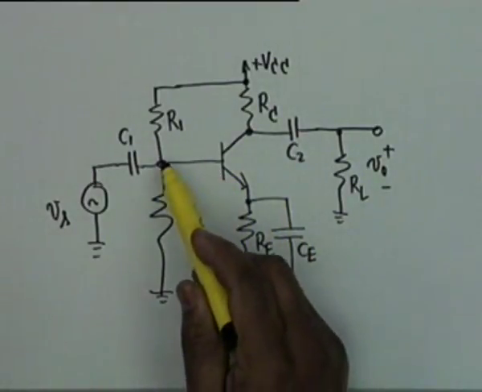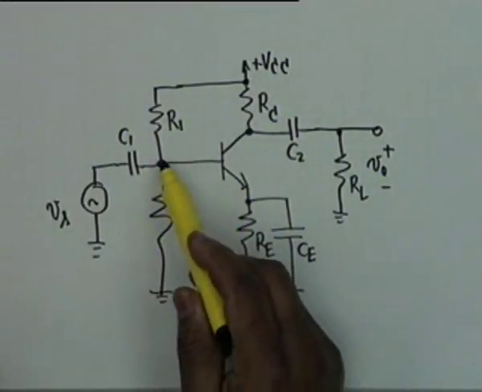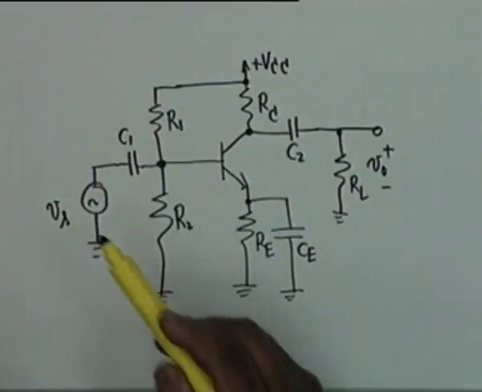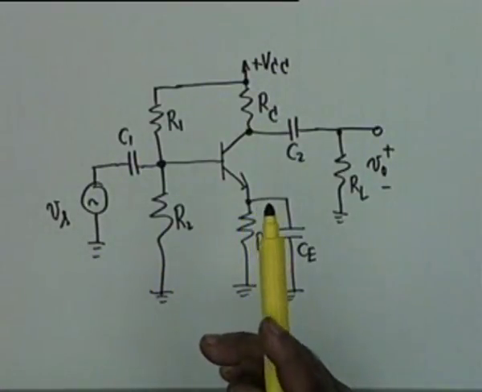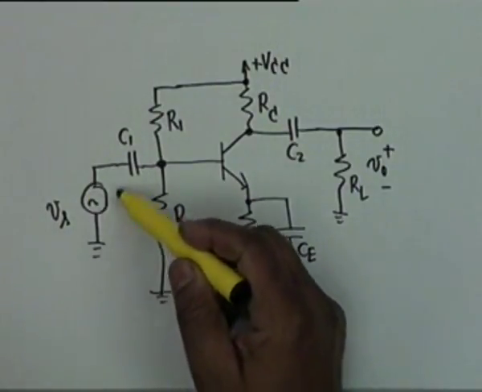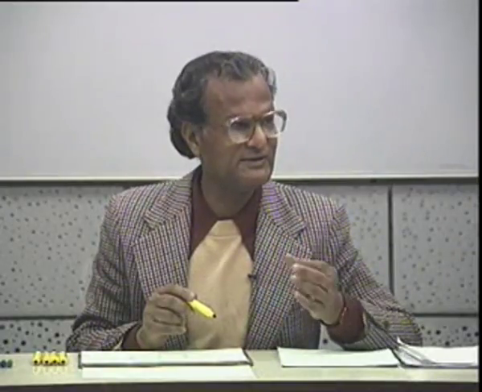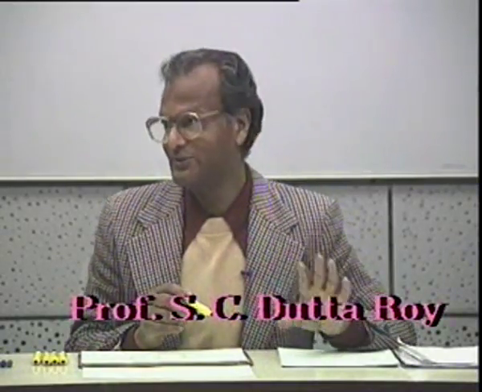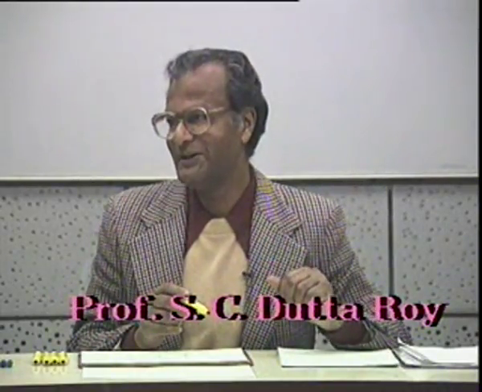What we want is that the DC from here should not pass through the signal source. What is the internal resistance of this source? If it's a voltage generator, then the internal resistance is 0. Say it loud. Why are you so afraid? If you are wrong, I'll correct you.